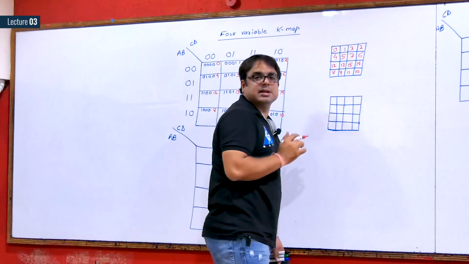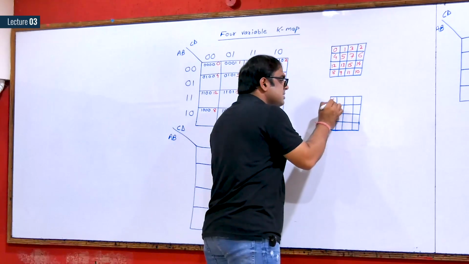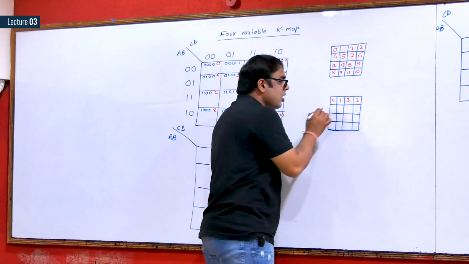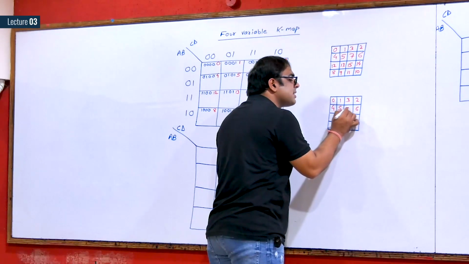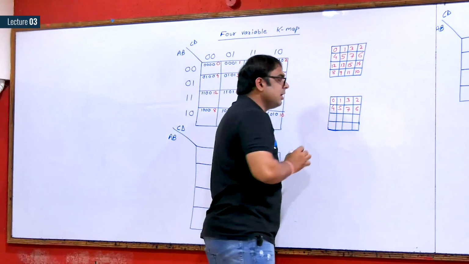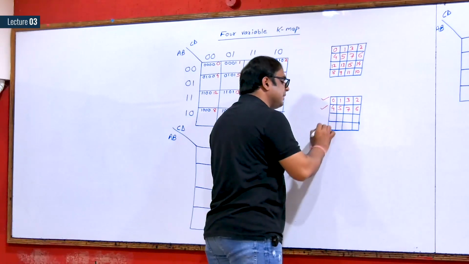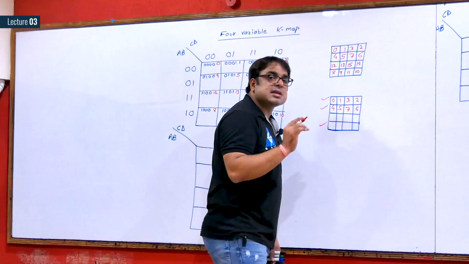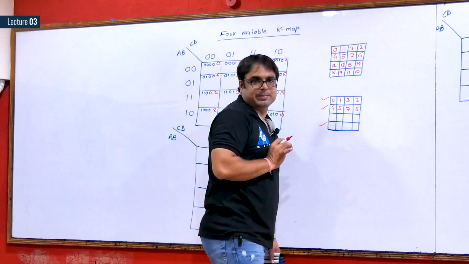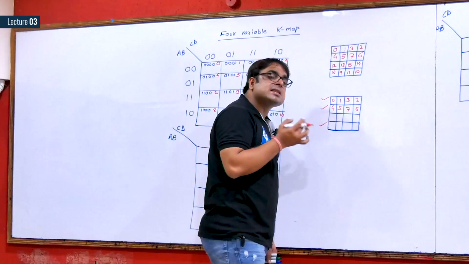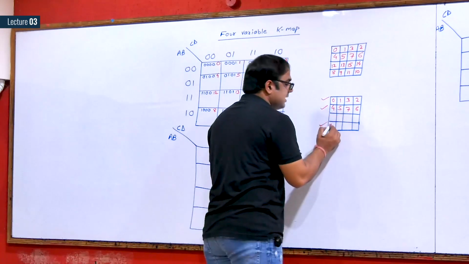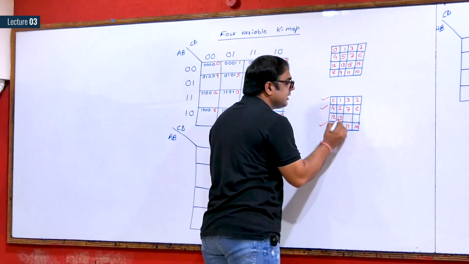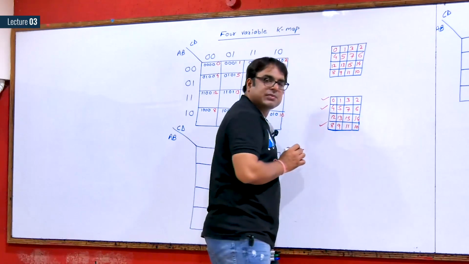Let us practice once again. 0, 1, last 2, second last 3. 4, 5, 6 is last, 7 is the second last. After the first row and the second row, fill the last row and then the second last. Always second last is after the last one. So this is 8, 9, 10, 11, 12, 13, last one is 14 and this is 15.